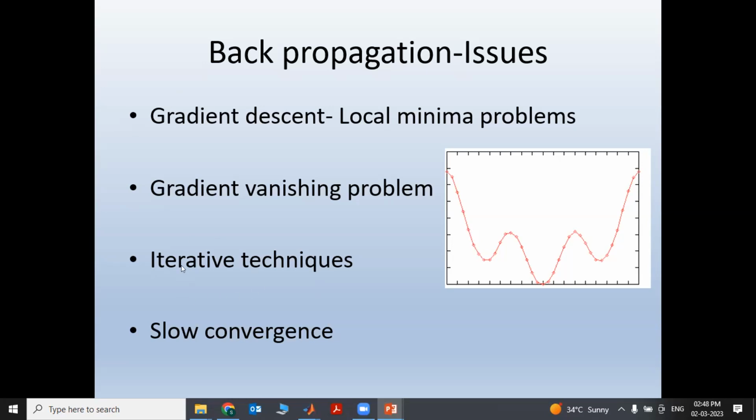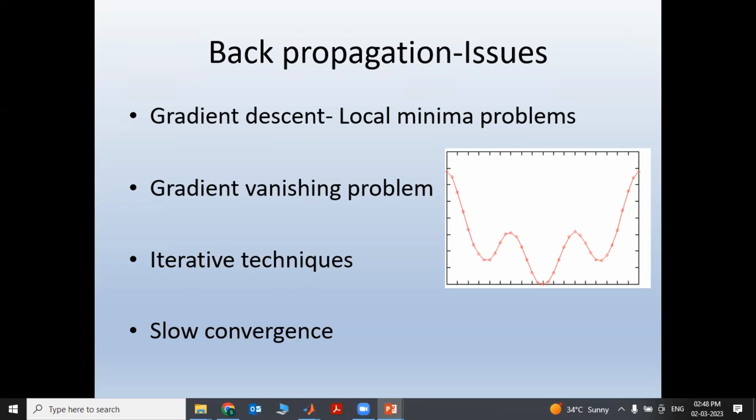Another problem is that it is an iterative learning technique, right? It will take longer time. How many iterations did we do in the previous training? We took almost 500 or 300 iterations to converge to a final answer, right? So if a big network or big data set is taken, training such a neural network with such a big data set will take more time.